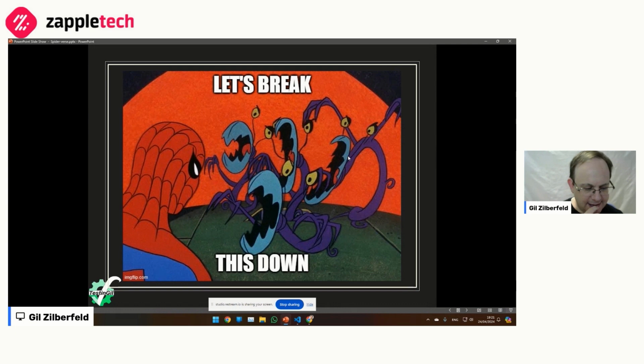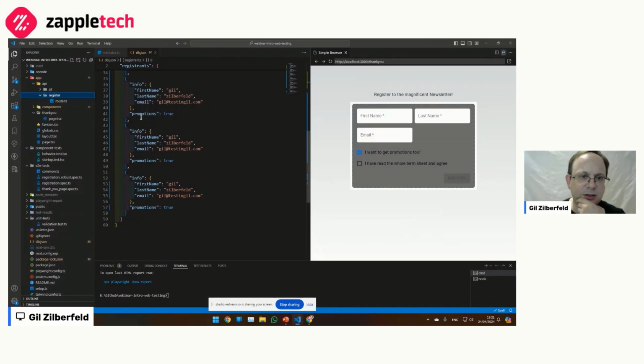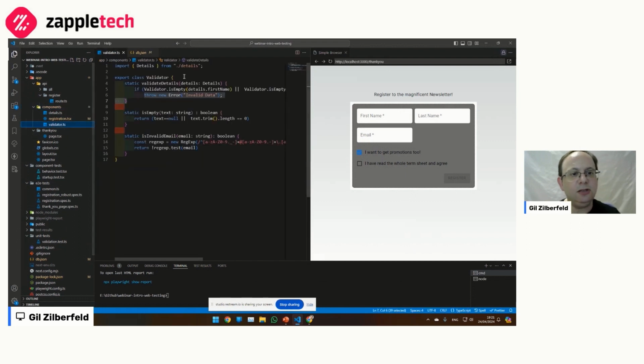Now, I actually structured the code in a certain way to help me test it. Let me show you that. So there's this error that appears here. I told you that it's part of the React component, which it is. However, the validation bit is hidden. The validation bit sits here. So this code, the validation, which checks that everything is not empty and the email looks like an email, that's the regular expression here, I put it in a separate class.